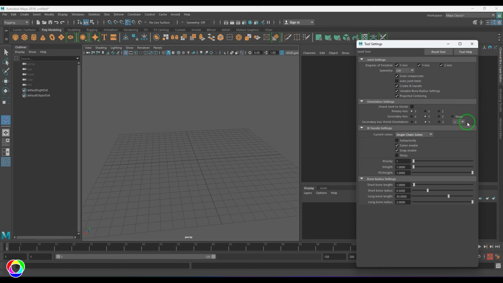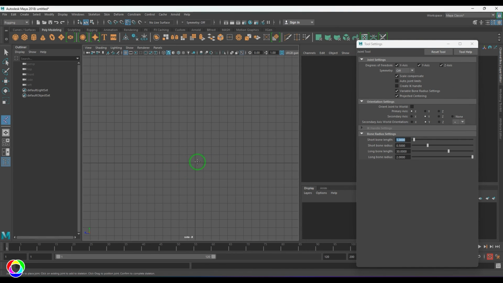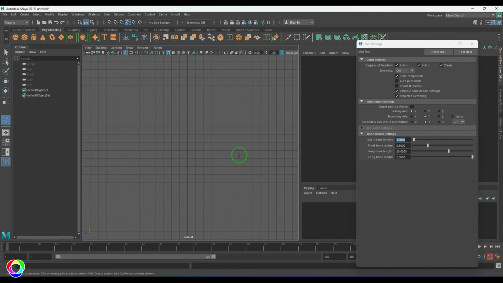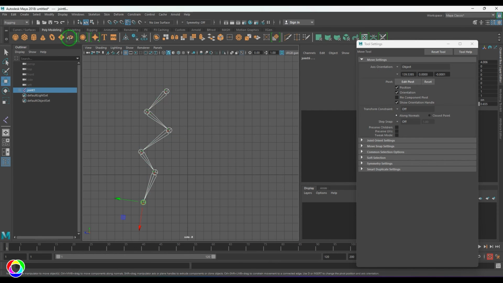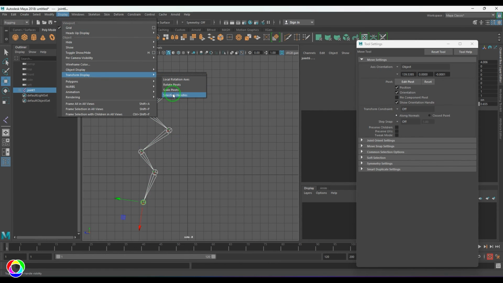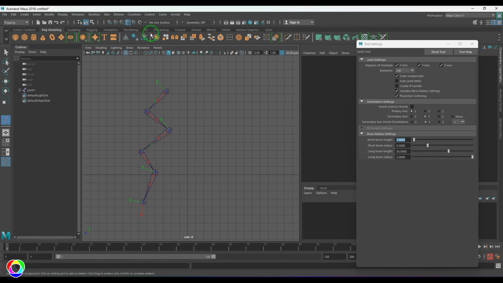Now what is this joint orientation? I'll be coming to the side view and then choose the primary axis. Just click, click, click, click, click. Okay, and I'll be selecting this hierarchy. Select a hierarchy and then go to display, transform display, and then local rotation axis. I'll switch it on. I'll go to the create joints again. This time I'm going to choose the Y as the primary and the Z as the secondary axis. So I'm going to create it in a very similar way